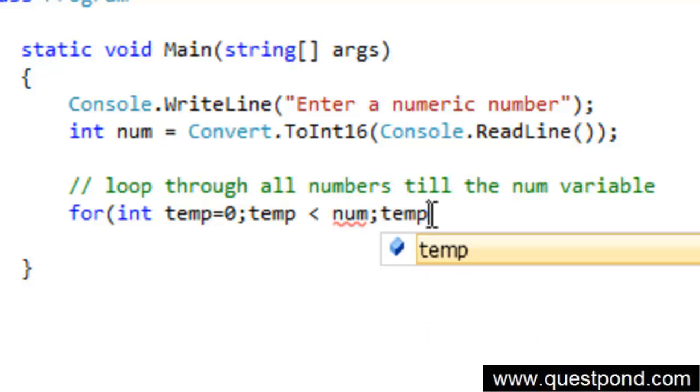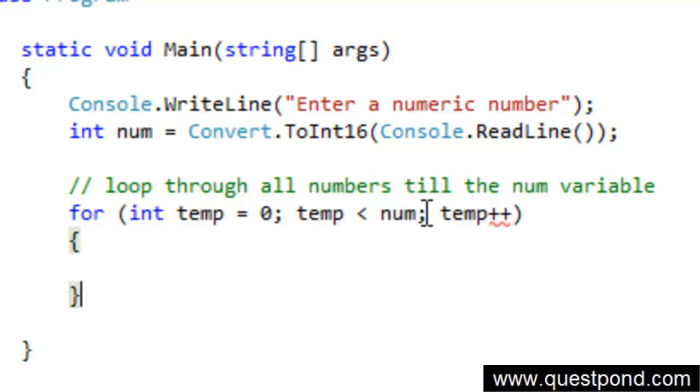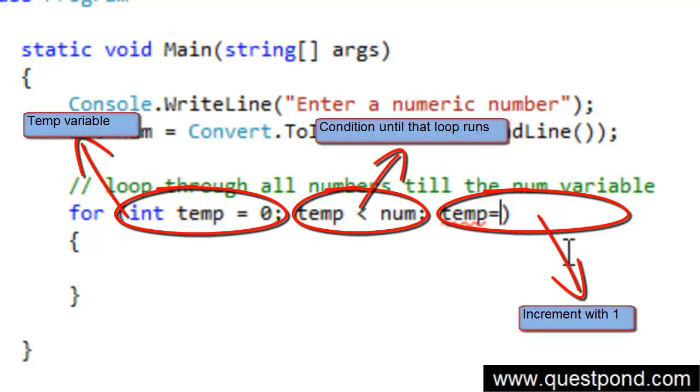And finally, we have to say please increment this temp number. Increment means 1, 2, 3, so do a plus plus, and then open curly bracket and close curly bracket. Now this temp plus plus also means increment by 1. In other words, it is just incrementing the value by 1. It's a shortcut way of writing plus 1. Okay, so I'm going to use temp plus plus for now,